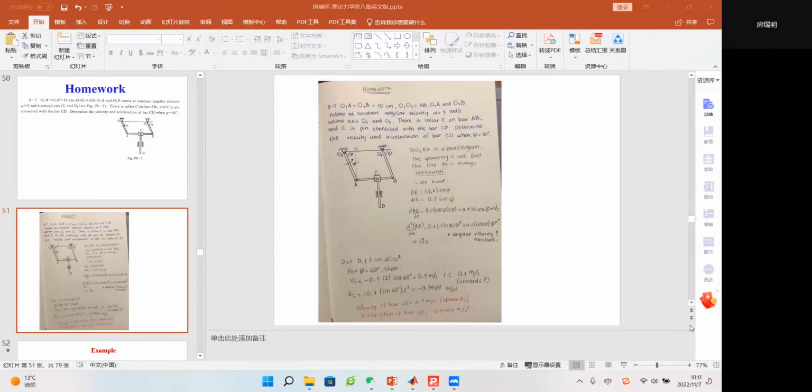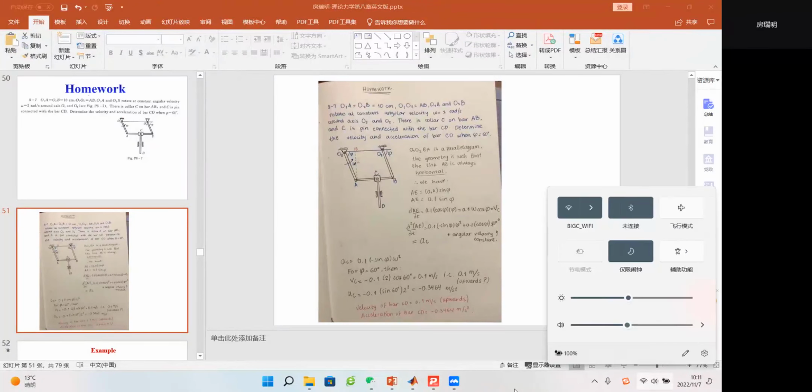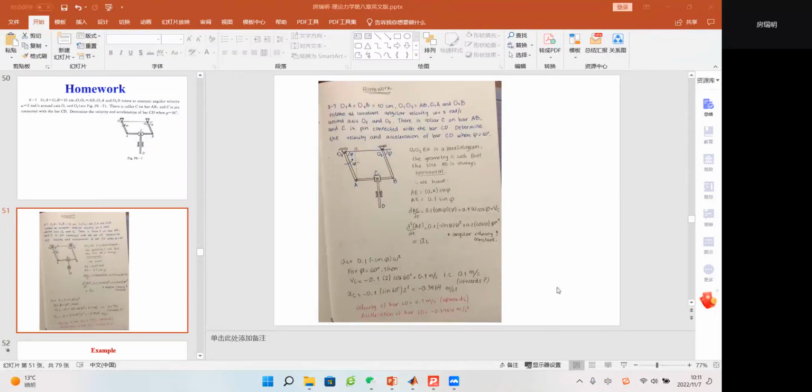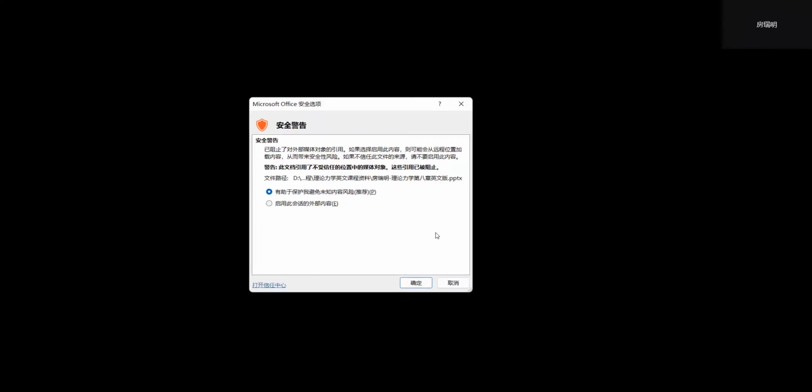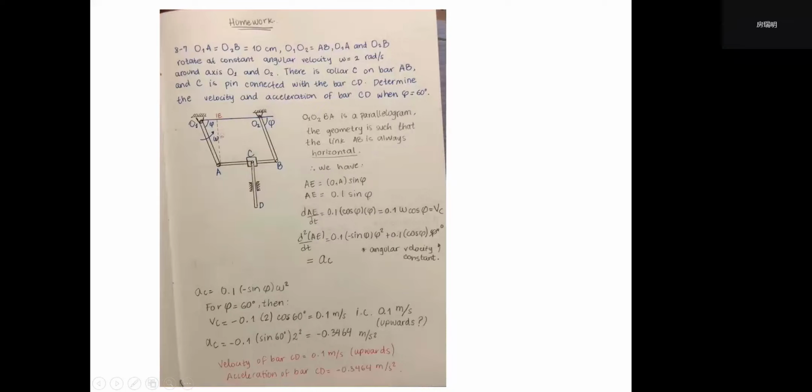First, I want to talk about our homework. I have received maybe 5 or 6 of you guys who have finished your homework. You can look at this page. I think almost all your homework is the same as this one. Actually, this is homework from BE grade 2020,